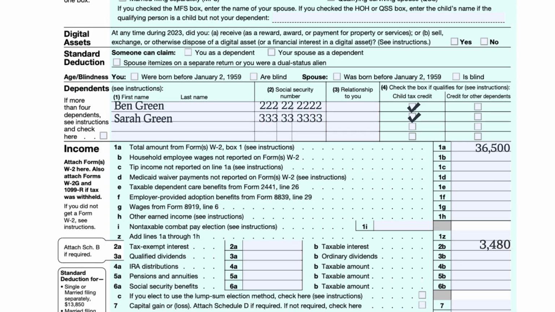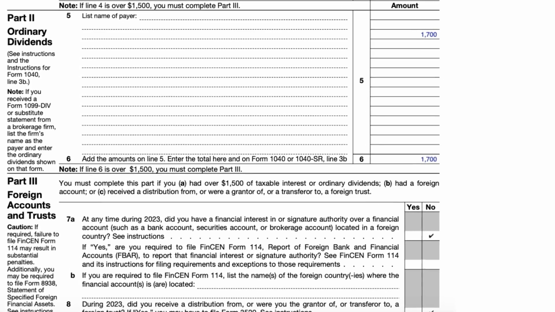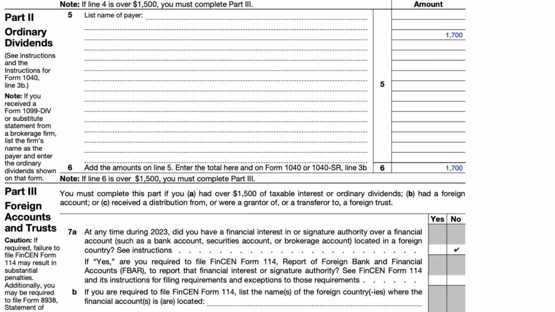Next is line 3A. So on line 3A, ordinary and qualified dividends are entered. The most common dividends are distributions of profit that a corporation pays to its shareholders. Ordinary dividends are corporate distributions in the form of cash. So if we go back to Schedule B, we can find that the next section on Schedule B is for